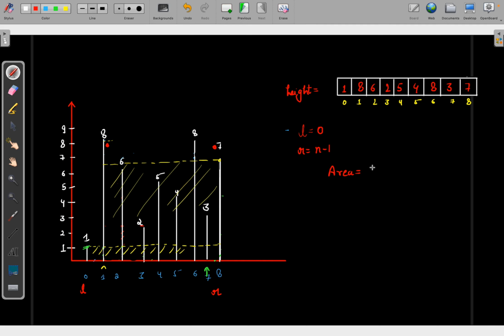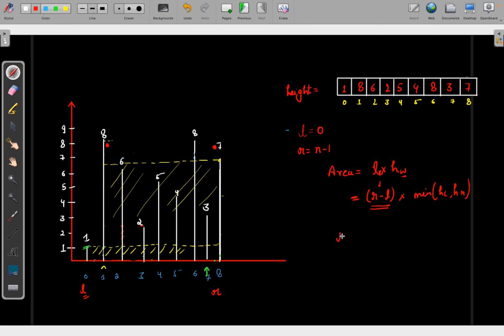So area basically will be length times height of the water level. Length will be R minus L, the L pointer. This is length. R minus L is responsible for length, and the height of the water will be the minimum of HL, HR. Okay, now once we have calculated the area,